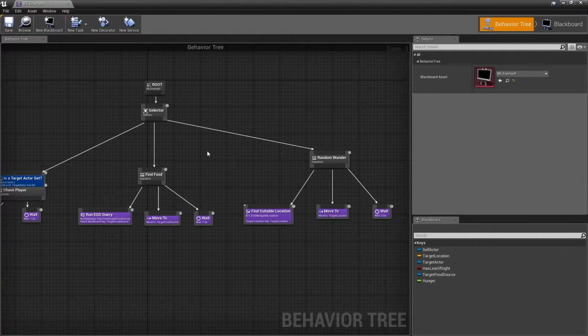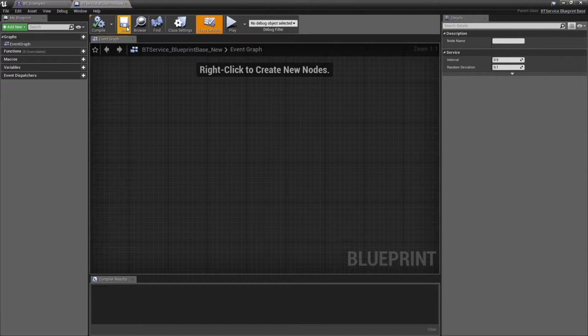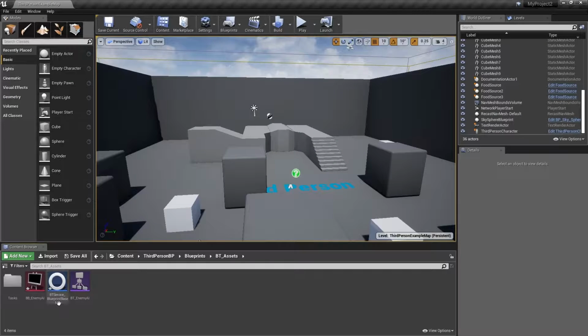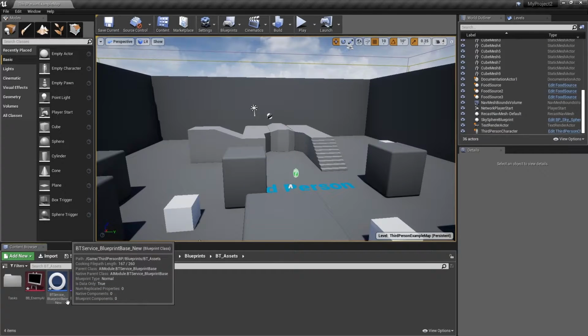Now we'll create the new service. Click the New Service button on the toolbar. This will automatically create the new service and open the editor. But before we begin creating this new service, let's tidy up our folder structure a bit more. Minimize the window to return to the content browser. You can see that our new service has been created in the current folder called